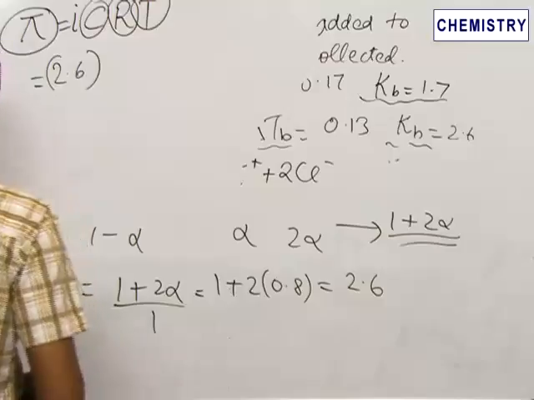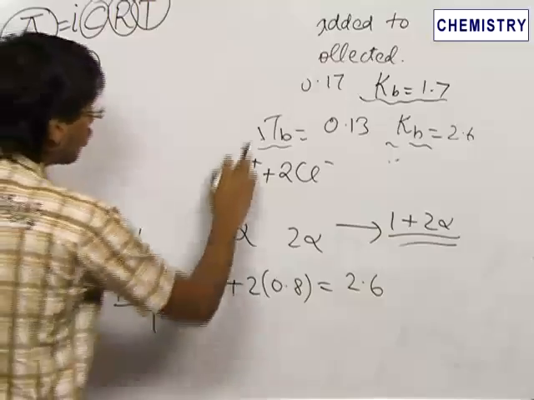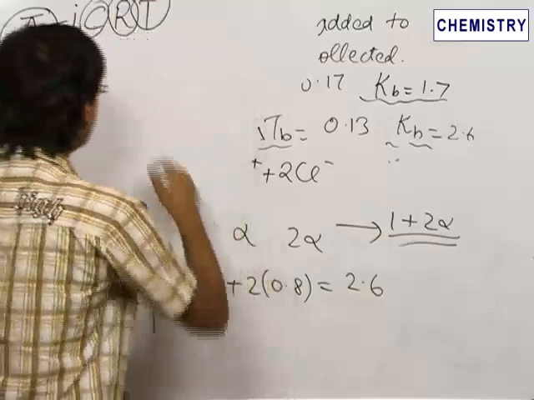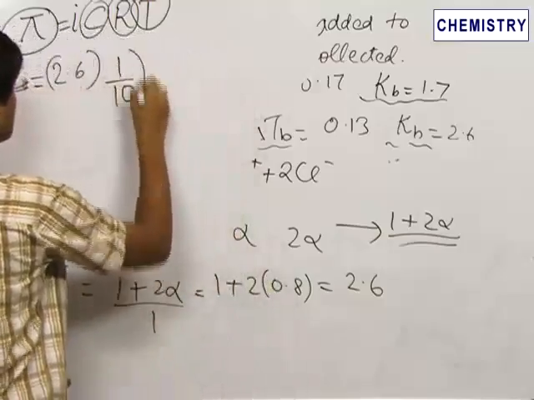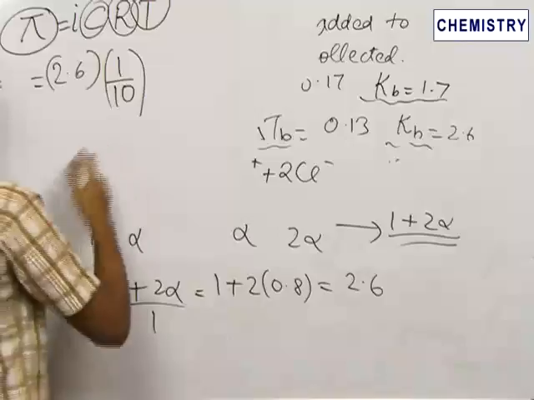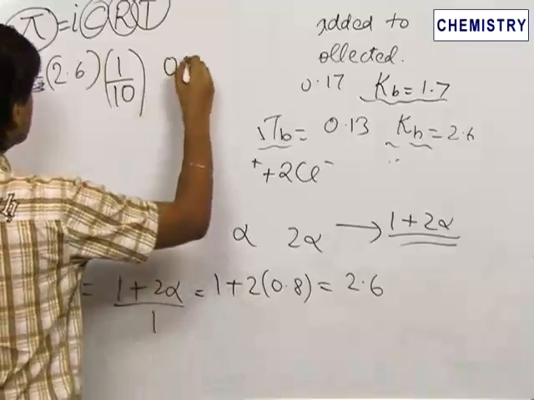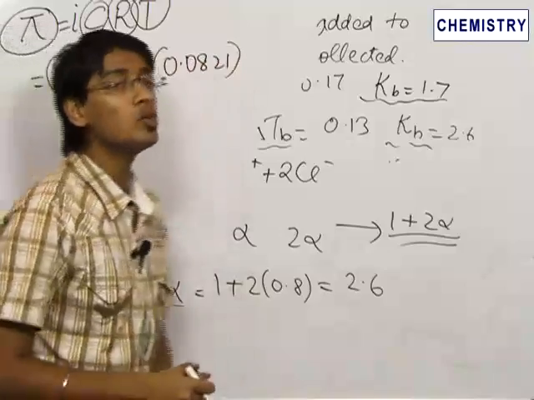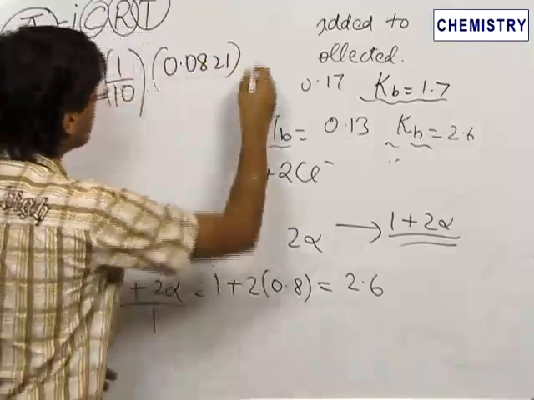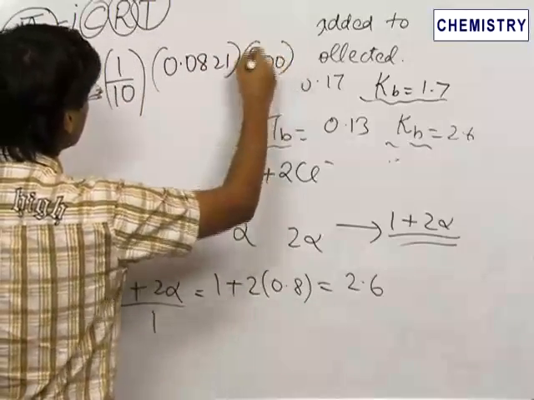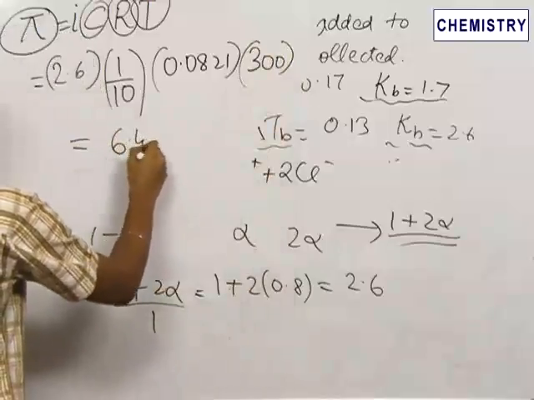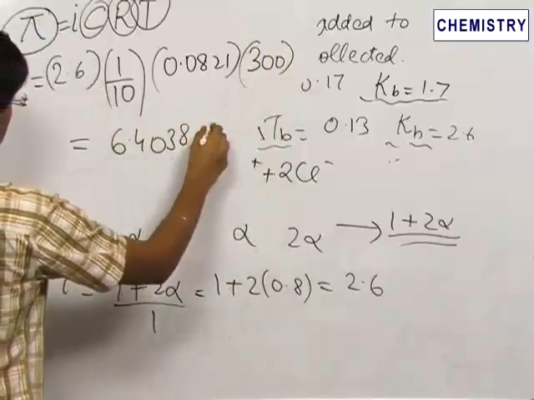into C, which is given to be a decinormal solution, which is N by 10. So this is 1 by 10 into R, which is equal to 0.0821, into the temperature, which is given to be equal to 27 degrees Celsius, that is 300 Kelvin. Hence this becomes equal to 6.4038